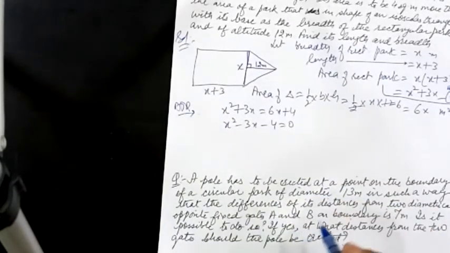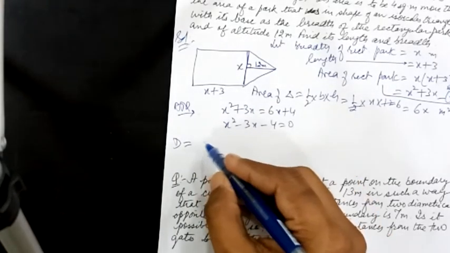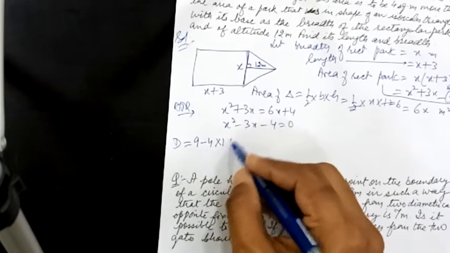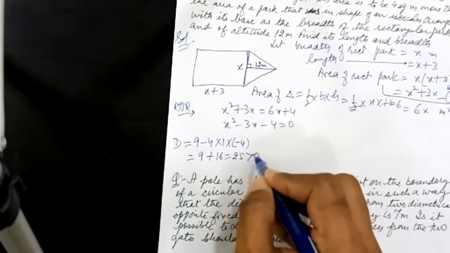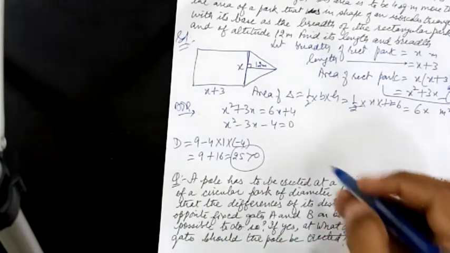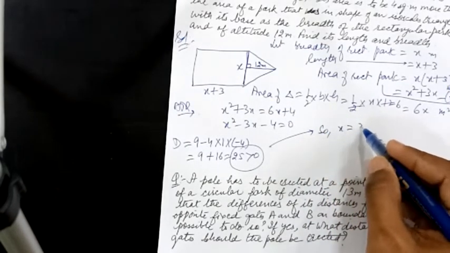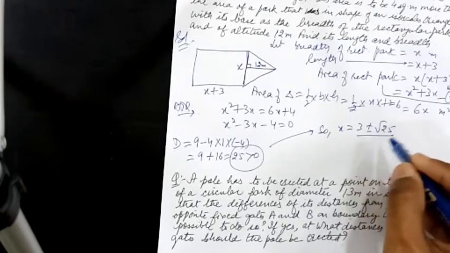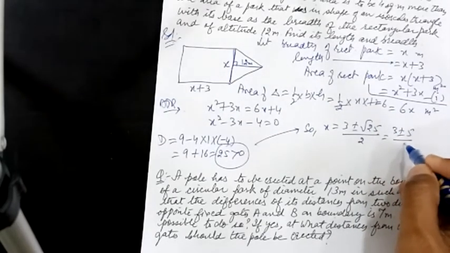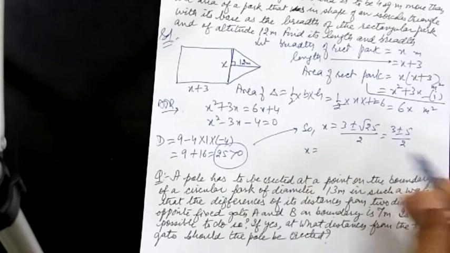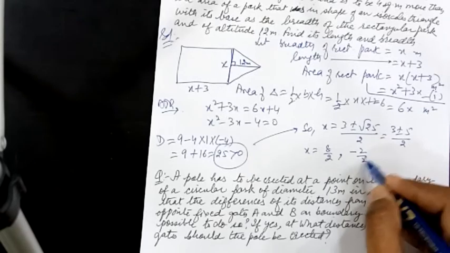Now what you will do, just take the discriminant first of all. So discriminant is b square minus 4ac, that is 9 minus 4 into 1 into minus 4. Then what you get is 9 plus 16, that is 25, which is greater than 0. So obviously you will be getting the roots. What will be the roots over here? Using the quadratic formula, it will be 3 plus minus root 25 upon twice of a, that is 2. So it is 3 plus minus 5 upon 2. So what you get is x is equal to 8 upon 2, and else minus 2 upon 2, that is 4 or minus 1.